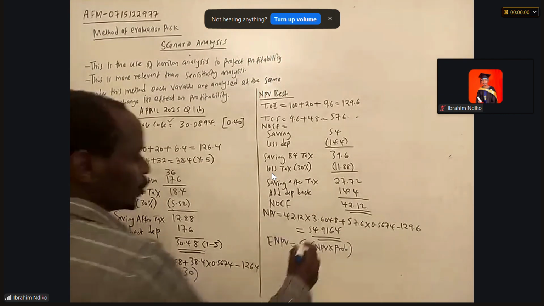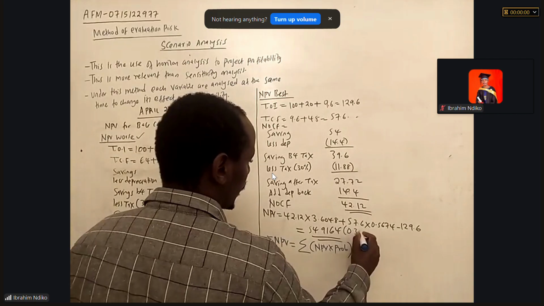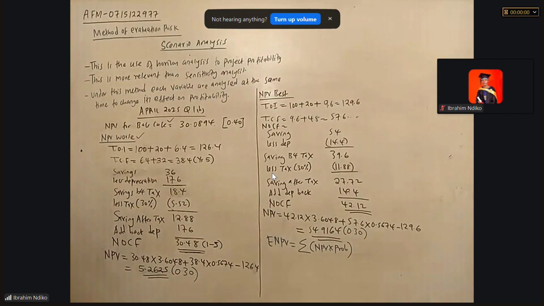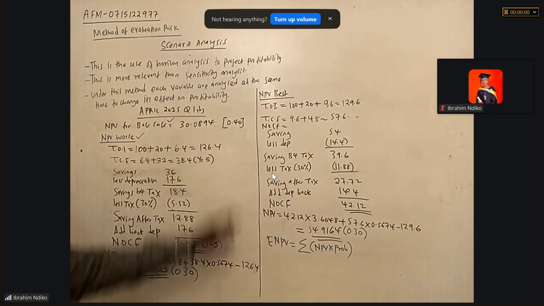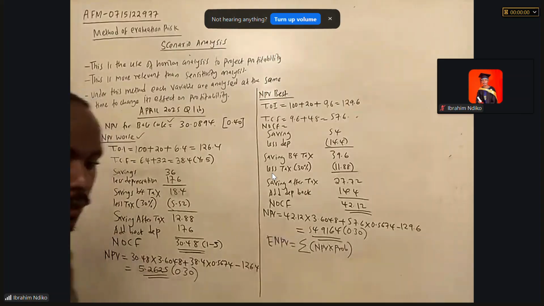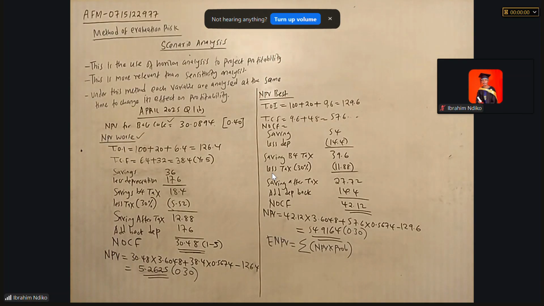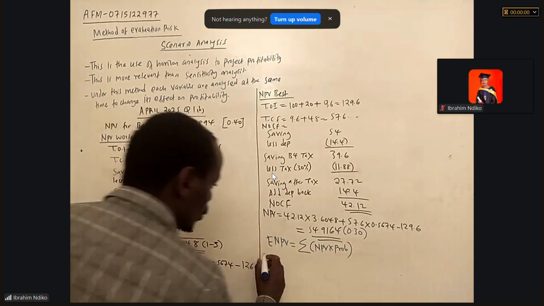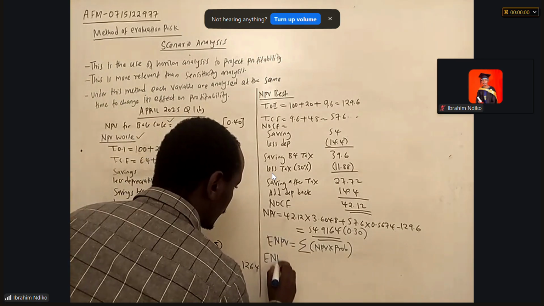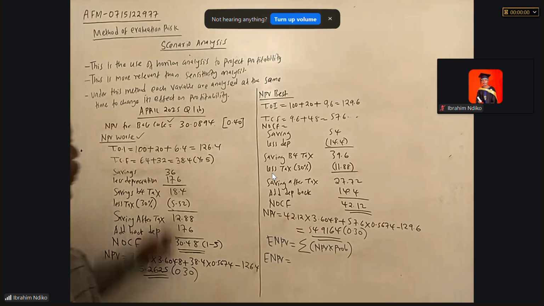So hii itakuwa na hii ingine 0.3 pia. Yes, kwa sababu inafaa ikuwe hii plus hii plus hii na kuja 1. Zote tatu. Kwa sababu so what would be our expected NPV? So tunasema itakuwa ni